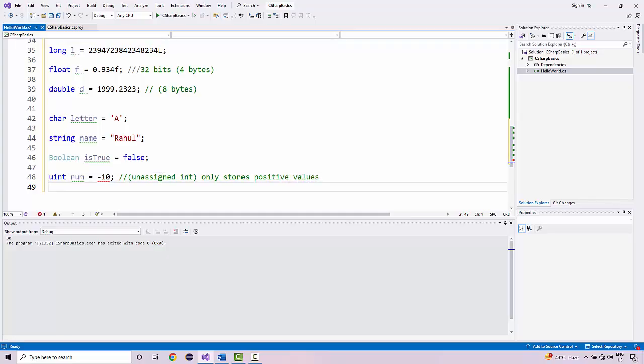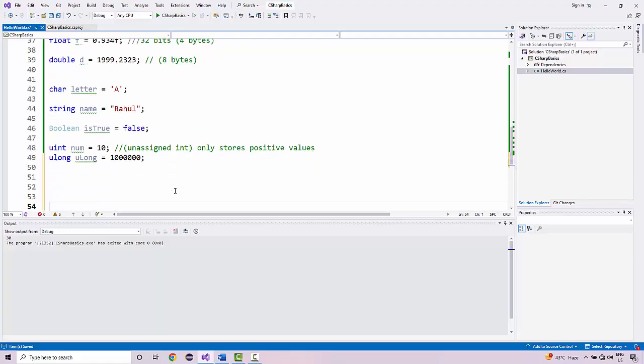And like we have uint, we have ulong available. So if the number is greater, like this, we cannot have a negative number, it has to be a positive number. So this will be stored inside ulong. Let me remove this. Right, and same way, in case you want to assign some small numeric numbers,